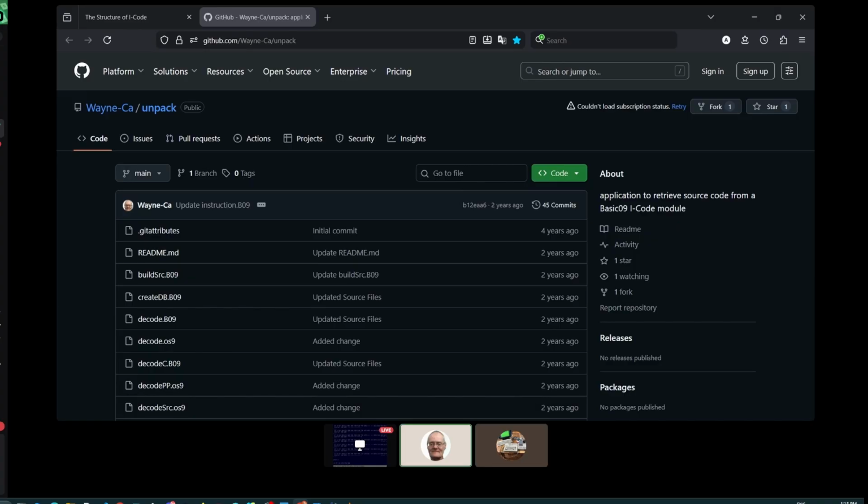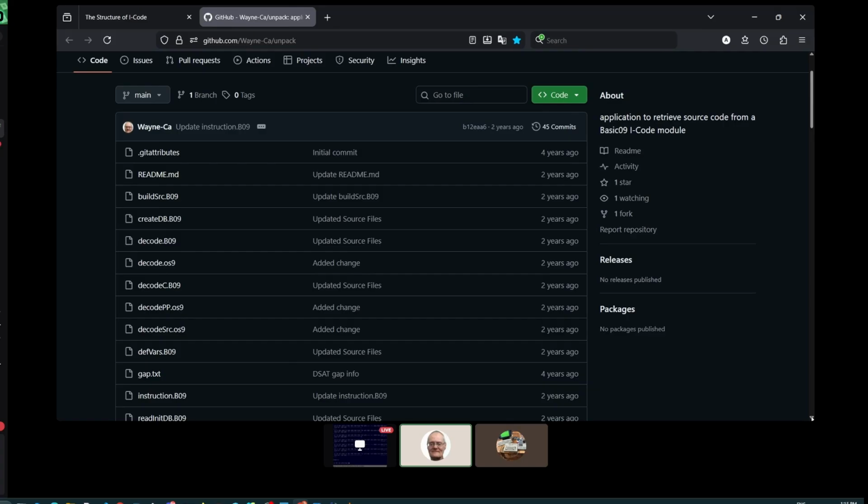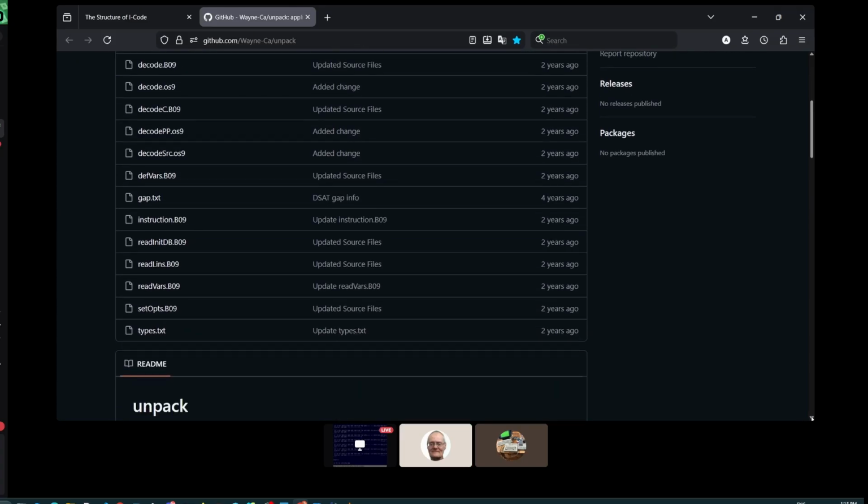You see what's there already. It's been so long since I looked at it, I have to look and see what's there. Yeah, it looks like 2 years ago was the last time you updated it. Oh, it has Decode there. So you'll see the setups B09 does not occur in Unpack. And there's a few other things that don't occur there, but